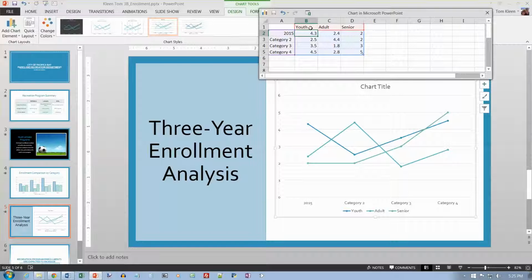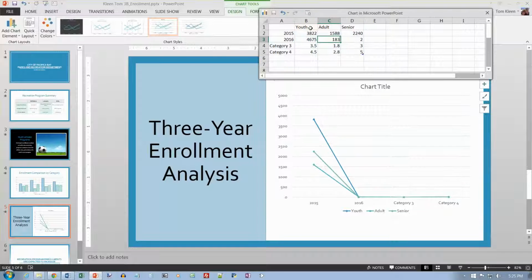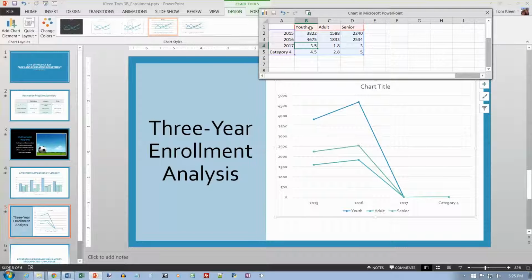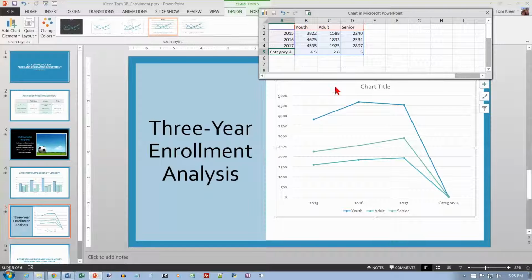I'm going to go across this time. And 3822 and 1588 and 2240 and tab, and 2016 and 4675 and 1833 and 2534 and 2017 and 4535, 1925, 2897. Okay, and now we've still got those low numbers in there, and I want to delete this